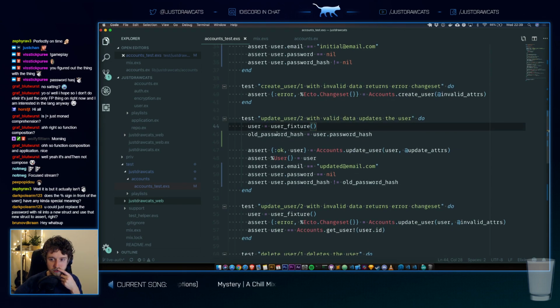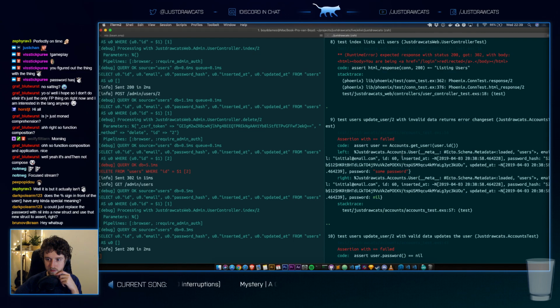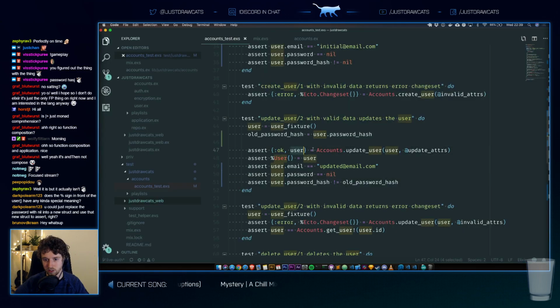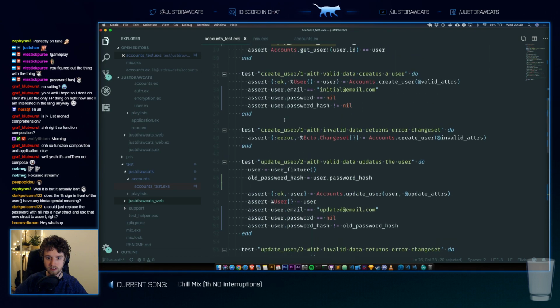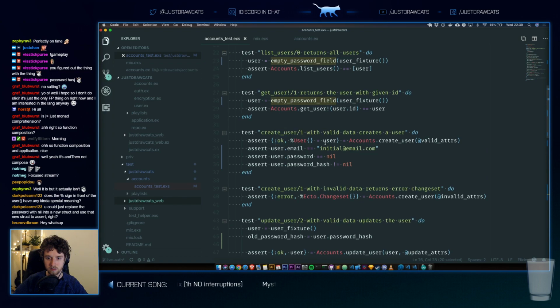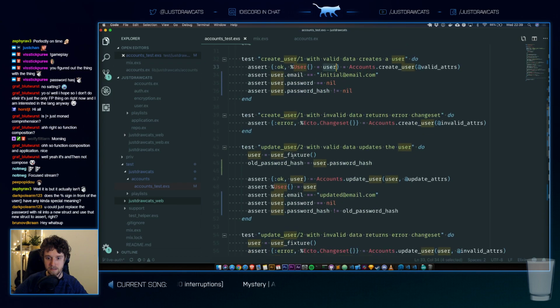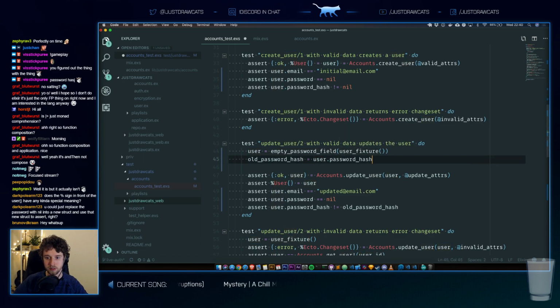And so we're updating the user. We have our old user, and we have our old password hash. And what is failing? Oh, we're asserting that this user is the same. Right. That is not true because we need to call this on a